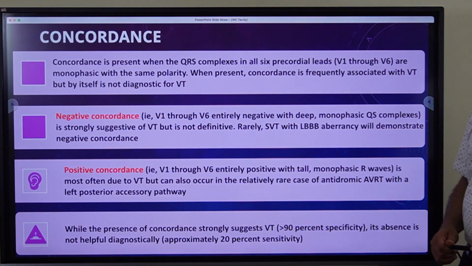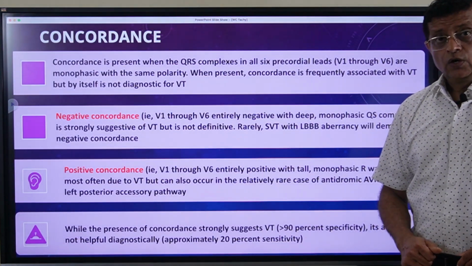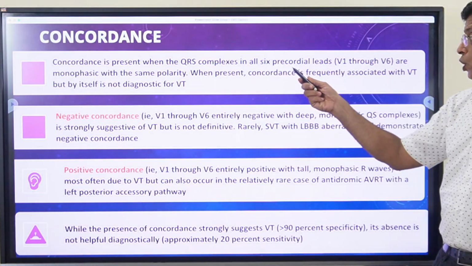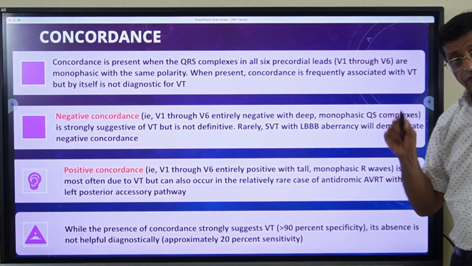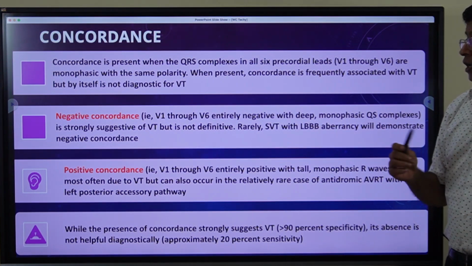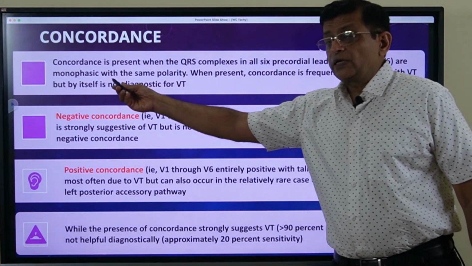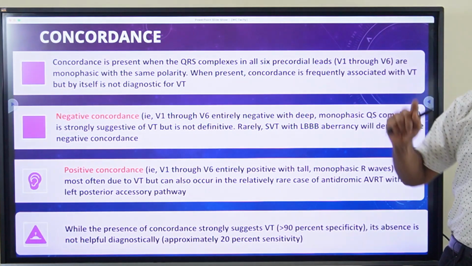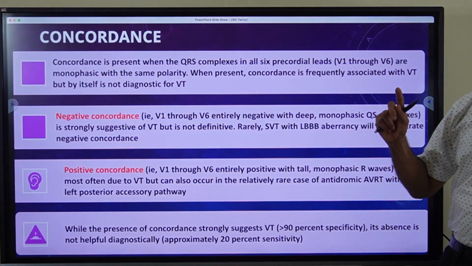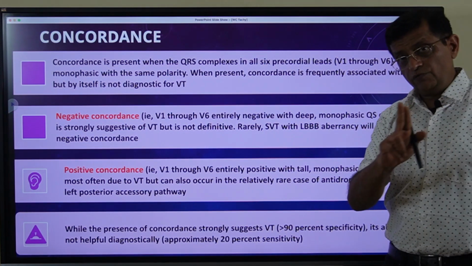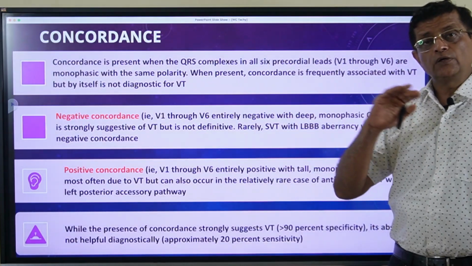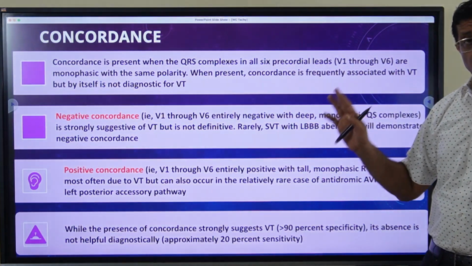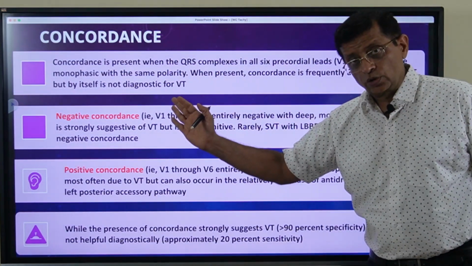The next thing that we have to see is concordance. What is concordance? Concordance is present when QRS complexes in all 6 precordial leads, that is V1 to V6, the chest leads, show monophasic complexes with the same polarity. We will see examples like all complexes positive or all complexes negative. If all the leads from V1 to V6 show tall positive complexes only, then